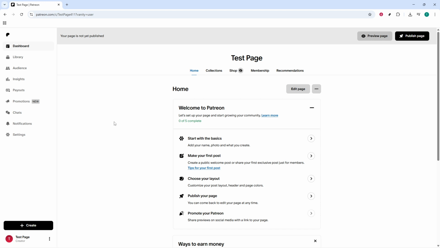First, head to your creator dashboard. On the left side of your Patreon screen, you'll see a vertical menu. Click the dashboard link there. This takes you to the central hub where you manage how your page looks and how your content shows up